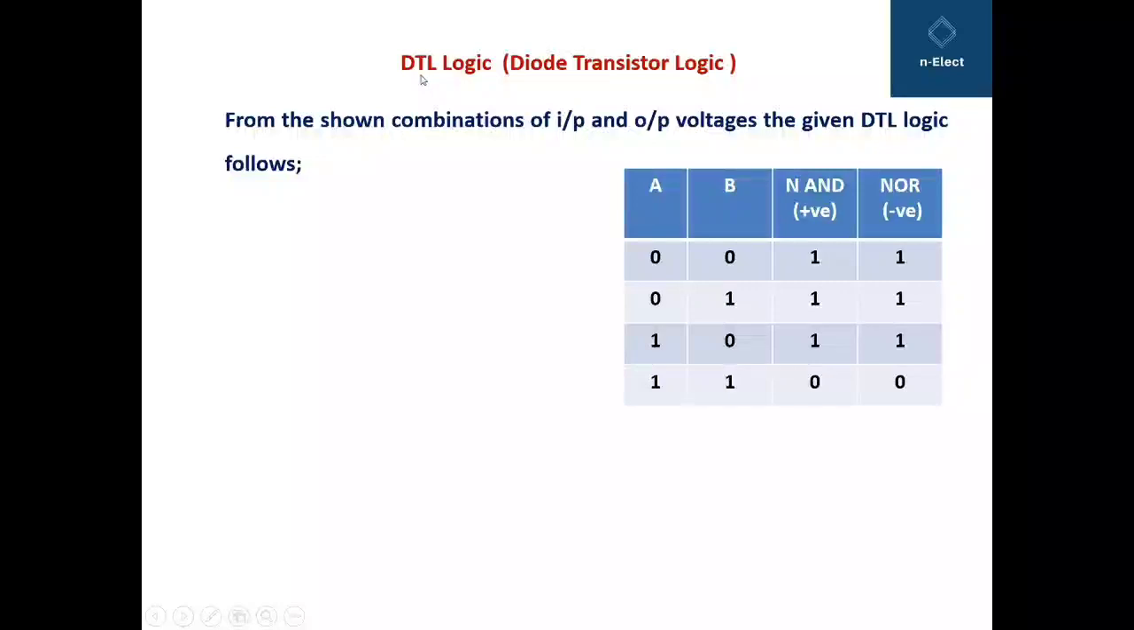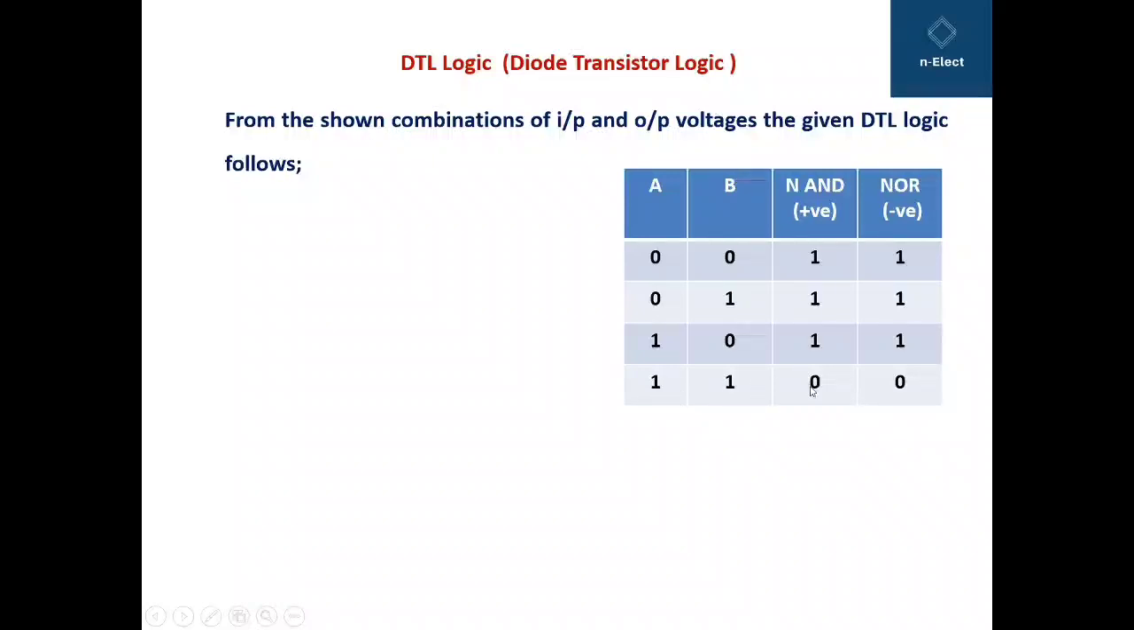We have now seen the DTL logic, that is diode transistor logic. From the shown combination of input and output voltages, here we have shown it as a truth table. The given DTL logic follows: when A is 0 and B is also 0, that is 0 0, then A 0 B 1, A 1 B 0, for all the three conditions the output was 1, while for the condition A equal to B equal to 1